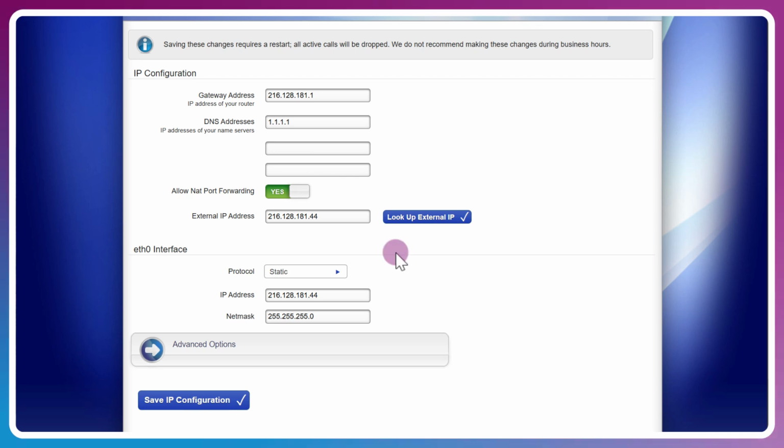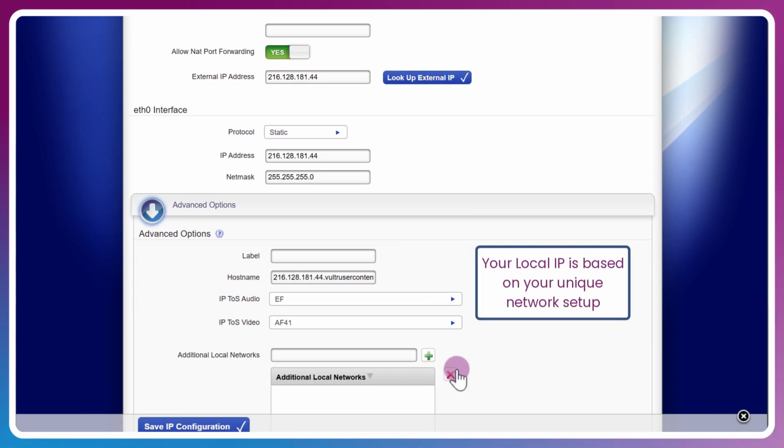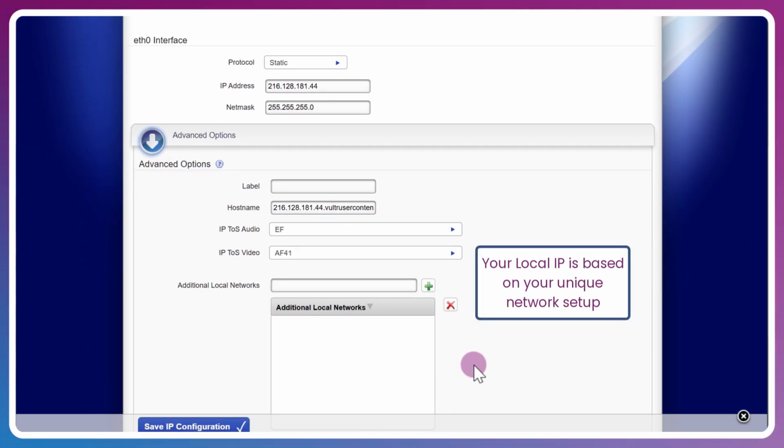So if NAT is actually needed, you would again just put the external IP address as the public facing IP, allow NAT port forwarding in most cases, and your ETH0 IP address will be your local based IP, and this will allow the SIP packets to do the translation from external to internal.